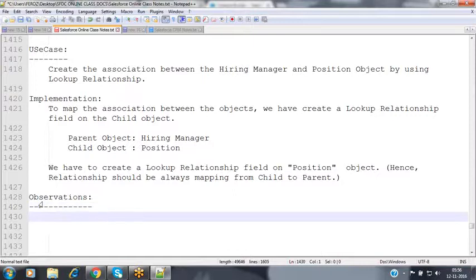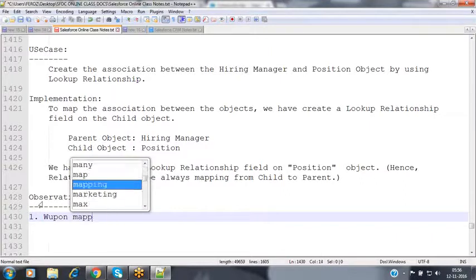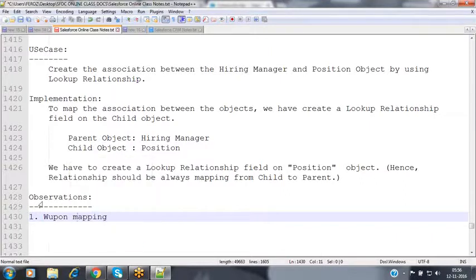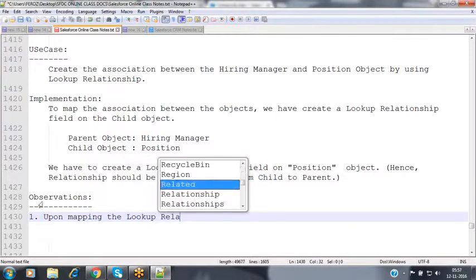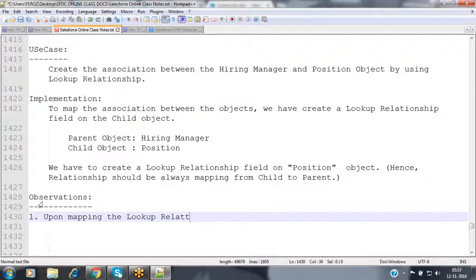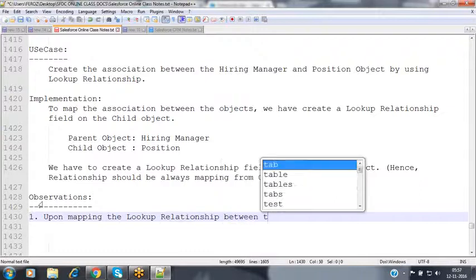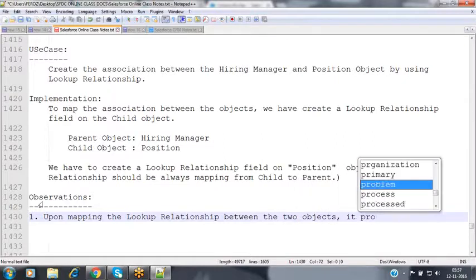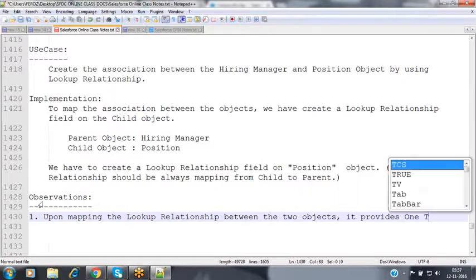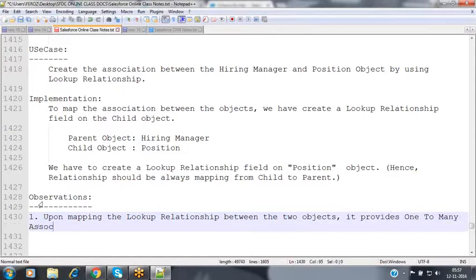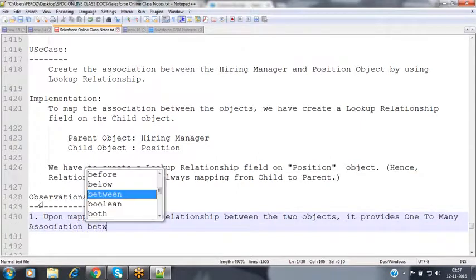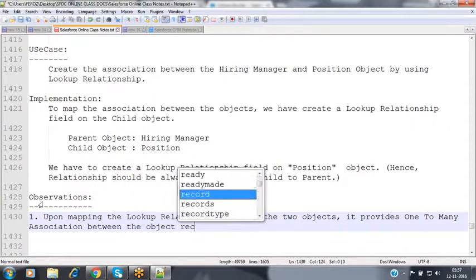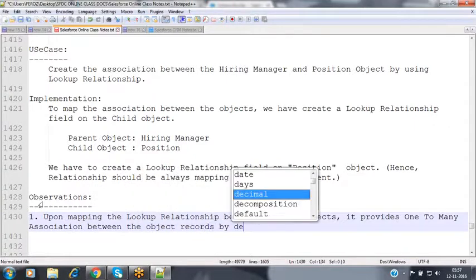In that lookup association, our first observation: upon mapping a lookup relationship between the two objects, it provides a one to many association between the object records by default.